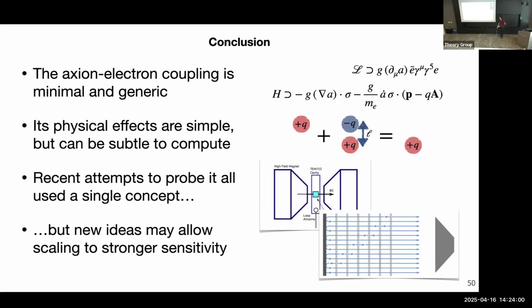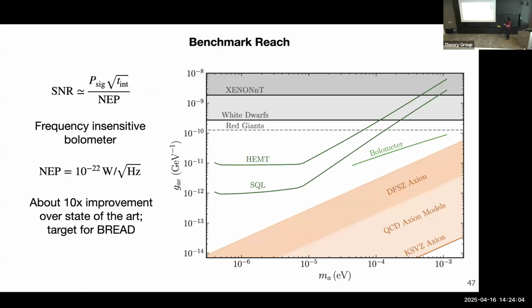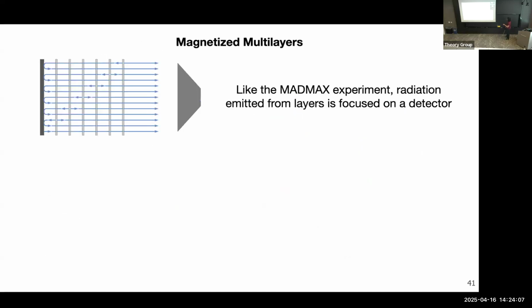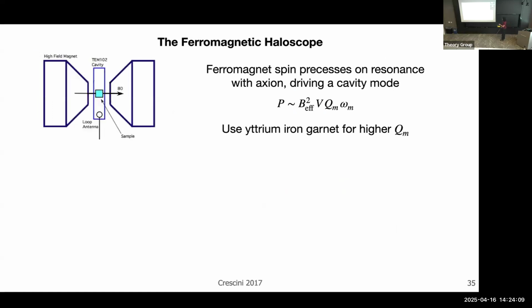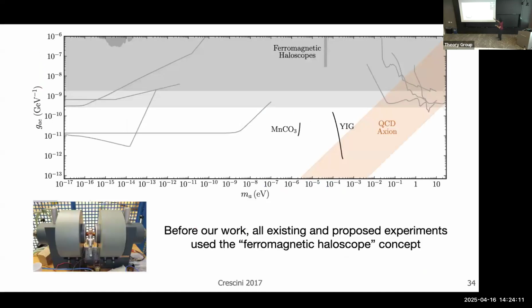Do people do photon counting with the YIG? Yeah, so let me just back up to the actual reach. These projections assume photon counting. What has been done in the prototypes is there have been 4 experiments. I think 2 of them used a HEMT, 1 of them used a standard quantum limit amplifier, and 1 of them did this single magnon counting thing, which uses some quantum tricks. So they kind of are doing single photon counting.